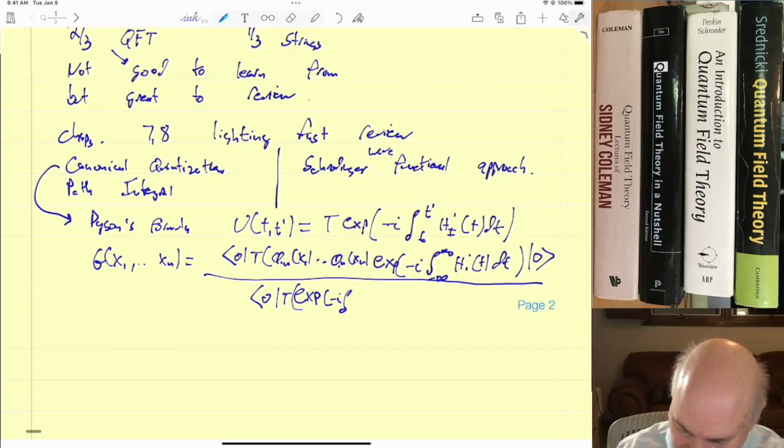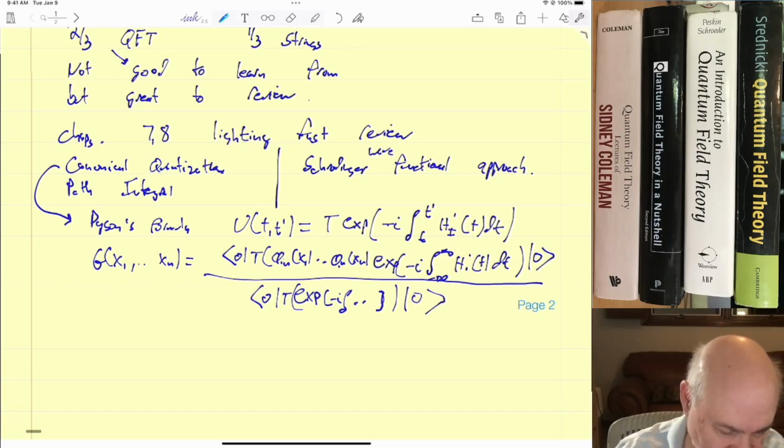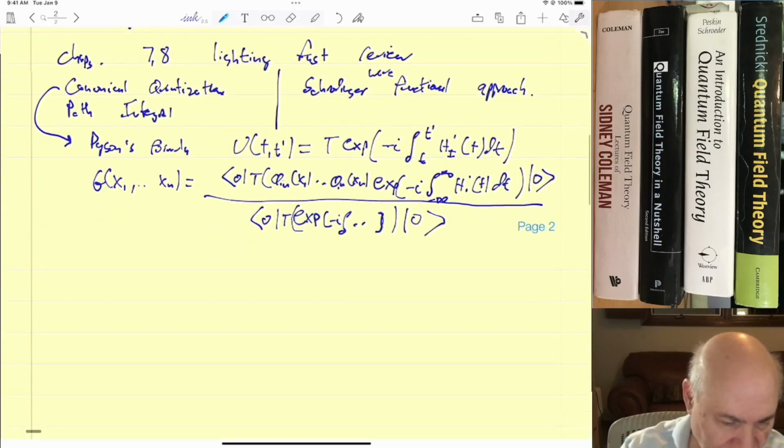Same integral as there. So you have these formulas. Then you have the spectral theorems, spectral identities,